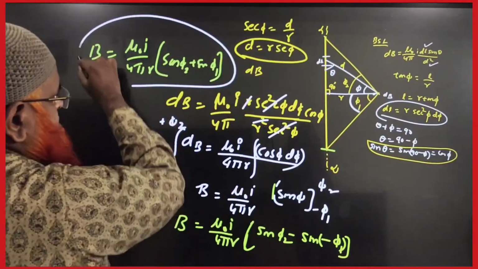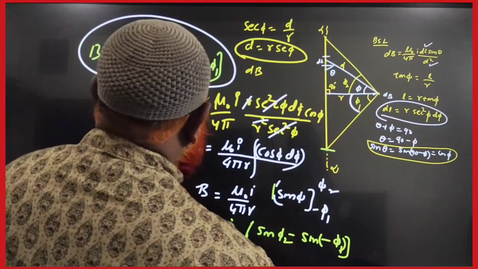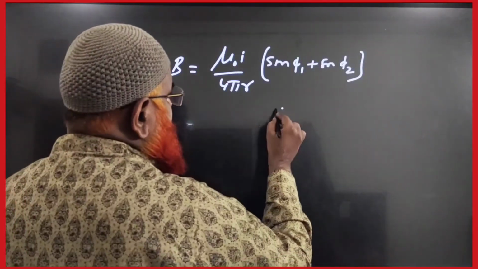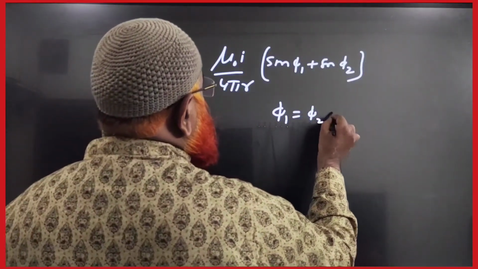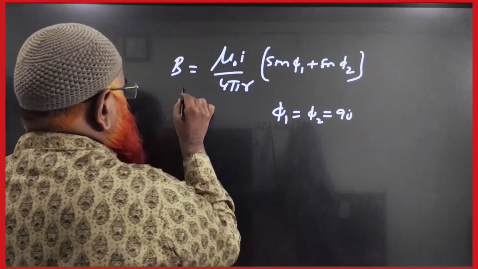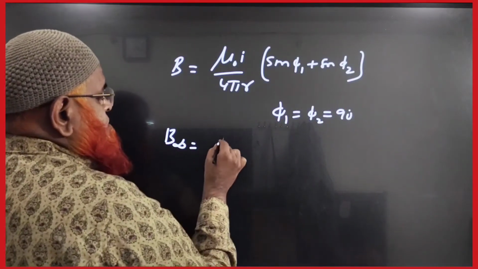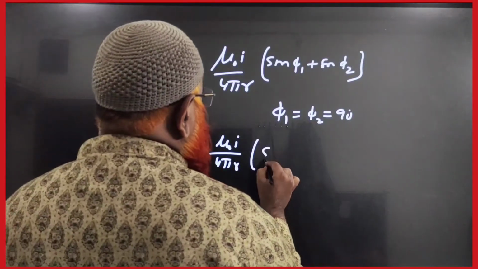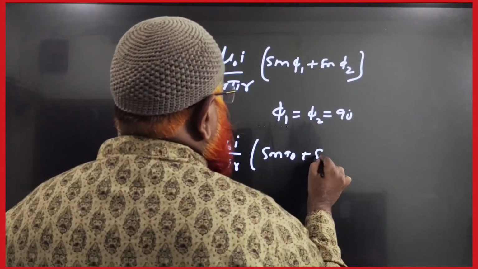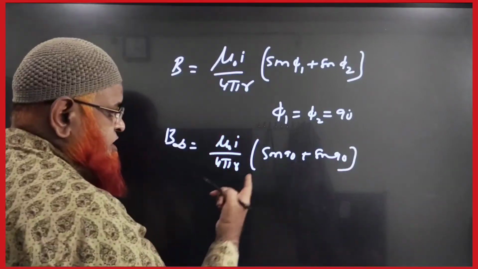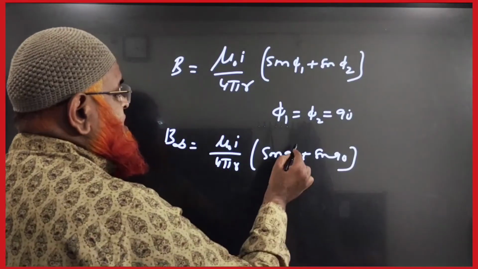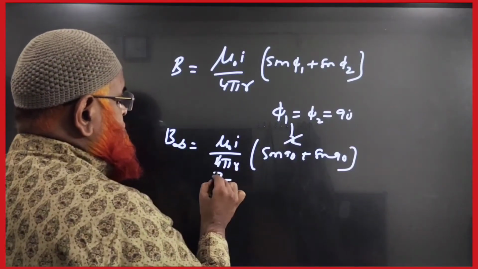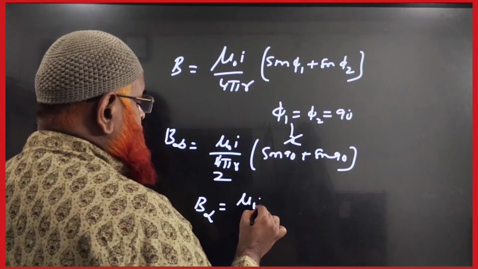Understood? So this is the general formula. Now what is the formula we are getting? This is going to be B. For an infinitely long wire, phi 1 is equal to phi 2 is equal to 90 degrees. Okay. So for an infinitely long wire, B is mu naught I by 4 pi r times (sin 90 plus sin 90), which is going to be 1 plus 1, that is 2. So B for an infinitely long wire is going to be mu naught I by